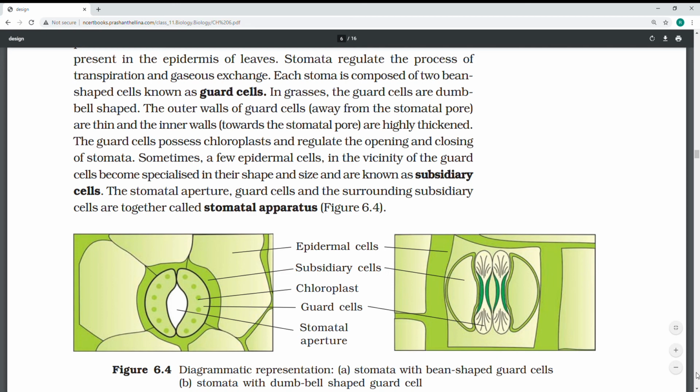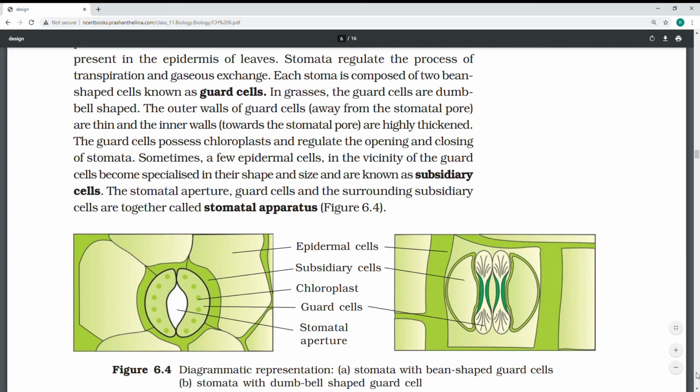Because of these only, the transpiration happens. In the morning, if you observe any plant outside or anywhere, the water droplets will be there on top. These are because of these stomata only. Pores present on the surface, those pores plus guard cells plus subsidiary cells of leaves regulate the exchange of gases and water vapor between the external air and the interior of the leaf.